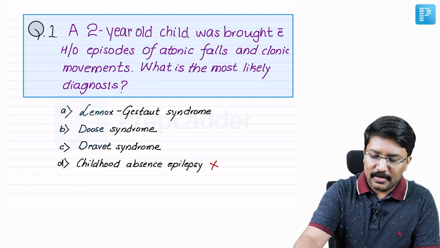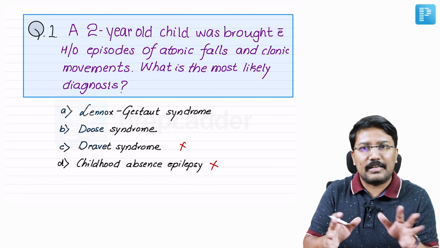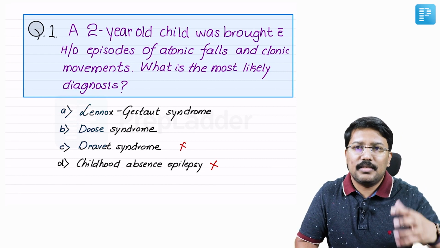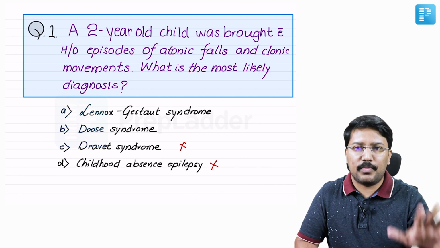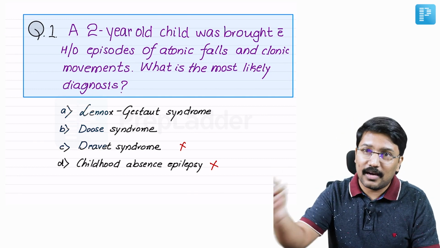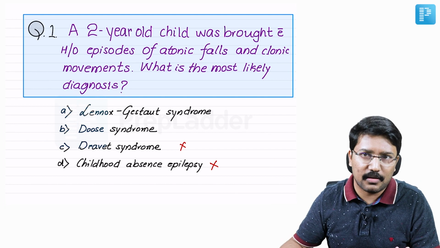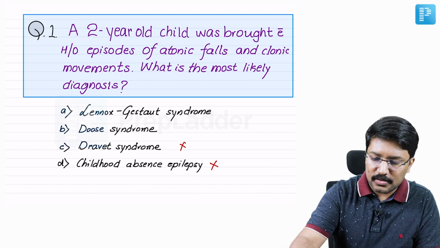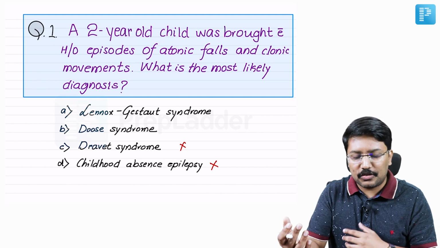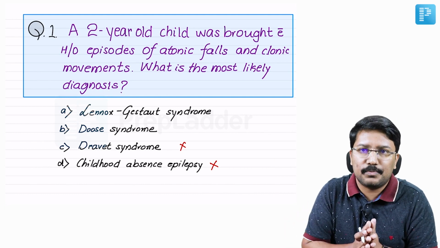Among these, I will again rule out Dravet syndrome, because in Dravet there is very often a history of febrile seizures. The onset of seizures is in the form of febrile seizures, and later on the other seizure types start appearing, that too more of myoclonic seizures. So that is ruled out because here they have not given that history. Now I have to make a choice between Lennox-Gastaut and Doose.